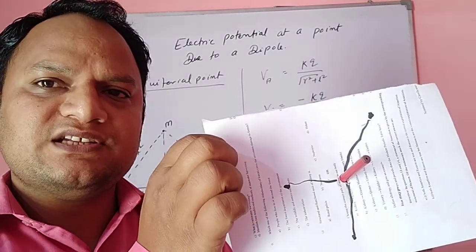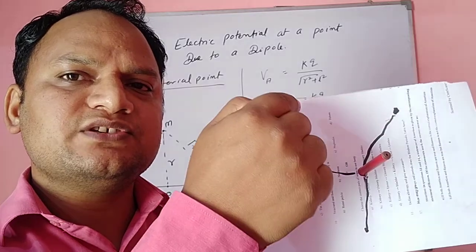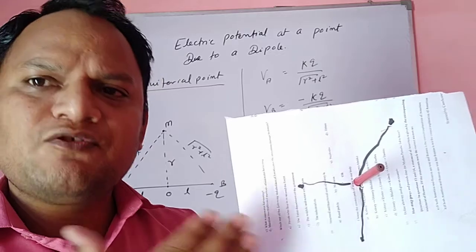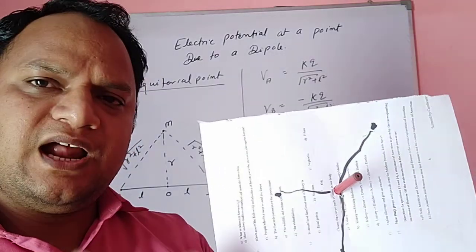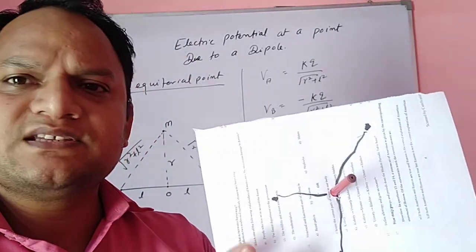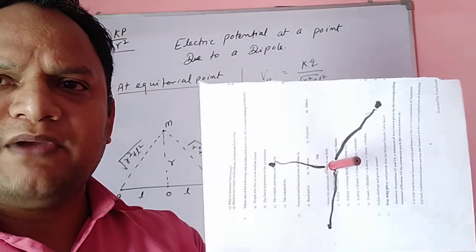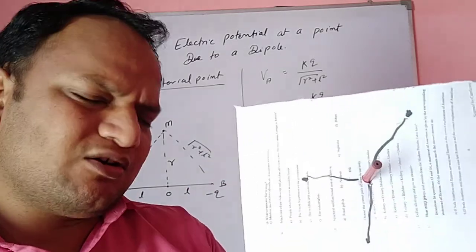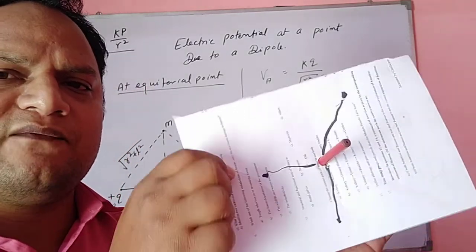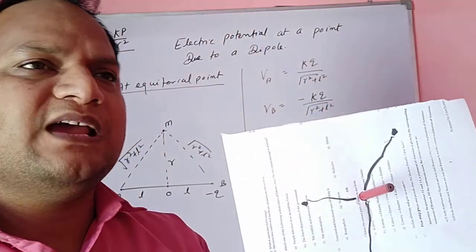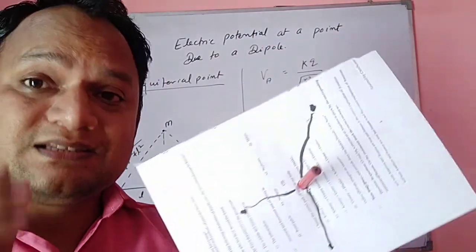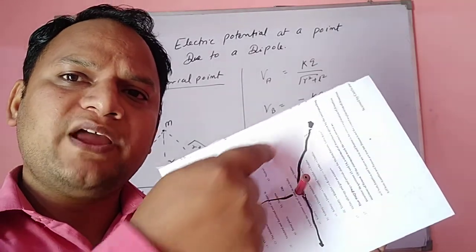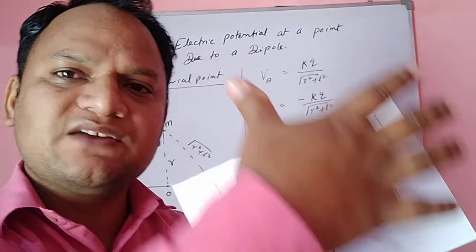What is the potential here? 0. What is the potential here? 0. 0, 0, 0, because of this dipole. So can I call this surface an equipotential surface? Because the potential at any point on this surface is 0. So this can act as an equipotential surface. Later on we will come to know that it is not necessarily 0, it can be like 5. If it has 5, then everywhere it has to be 5. So it's a different concept, but this can also be treated as an equipotential surface, and the amount of work done to move any charge between any 2 points on this surface will be 0.